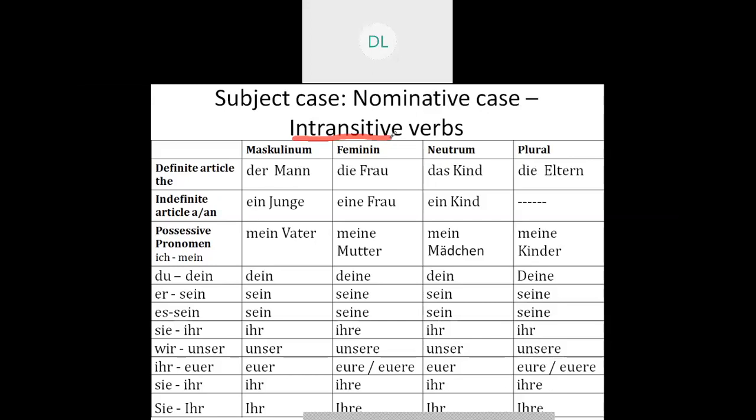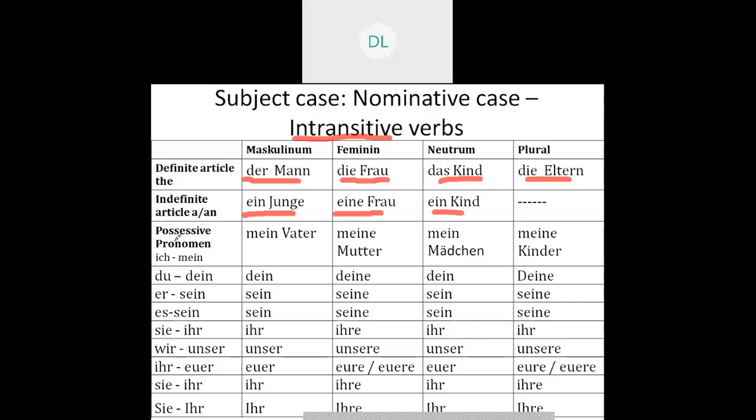So when I come to the nominative, what is the article system? For masculine, I have der. For feminine, I have die. For neutral, I have das, and for plural, die. So that is der, die, das, die. On the same grounds, the indefinite article, that is a or an: masculine ein, feminine eine, neutral ein. On the same lines,